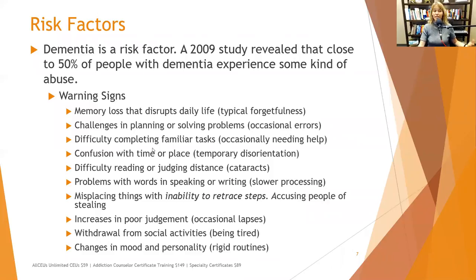And Pat points out, and I hadn't thought of this, that hearing loss may also have some of the same signs. So again, always go from a biopsychosocial perspective. Get a physician to evaluate the person for cataracts, for hearing loss, for low blood pressure, anything that might contribute to some of these warning signs other than dementia, and we can start screening the person. It's always a good idea when you're working with clients that are over the age of 60 to start screening annually for dementia. It doesn't have to be a full assessment, just one of those quick validated screening instruments.